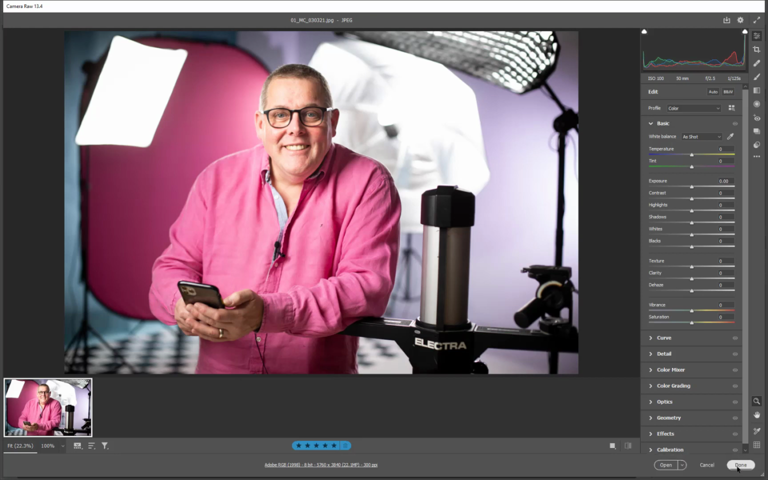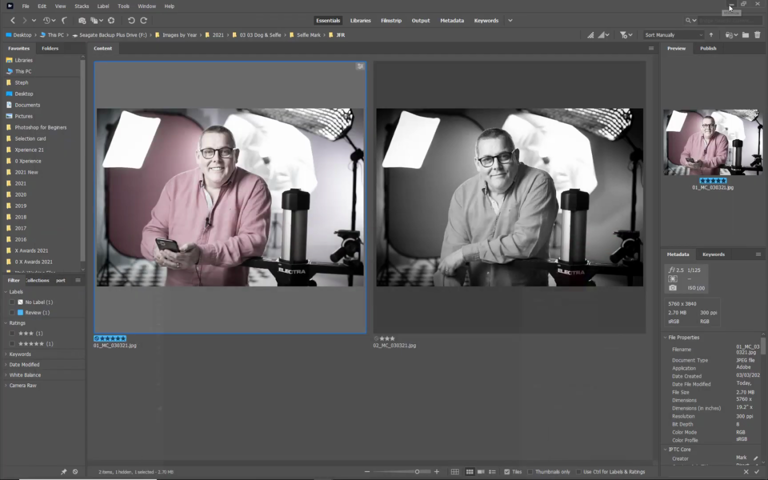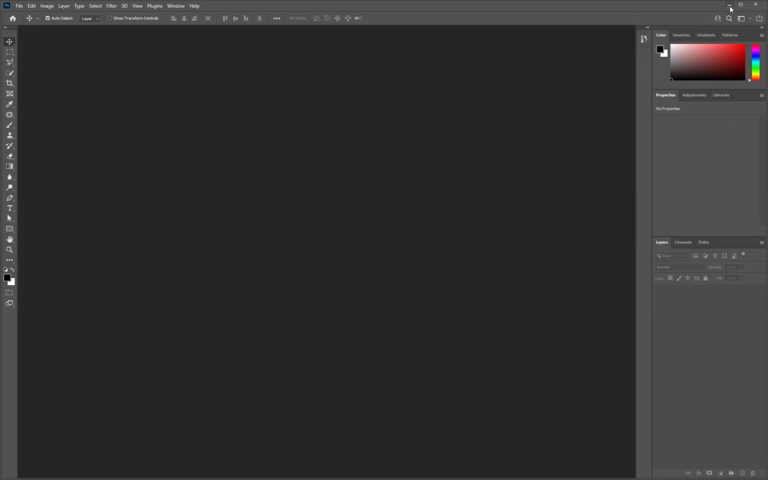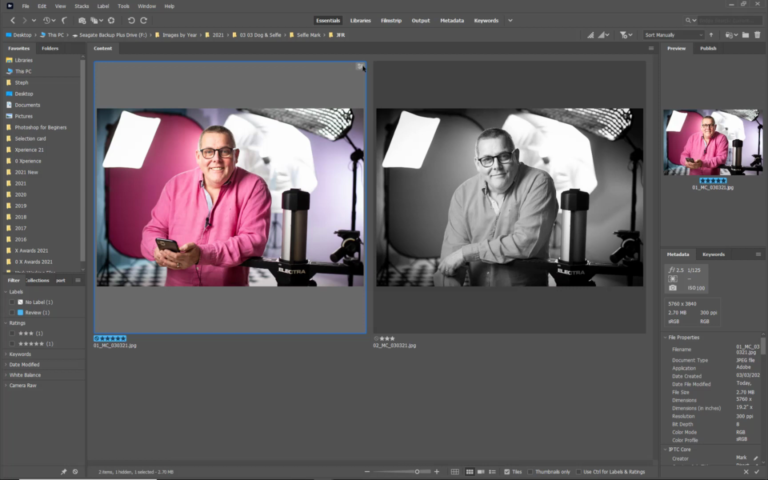So if I just press done now, even though I've reset all the differences here, you can still see the sliders are at the top. So in other words, this will still need to go through ACR if it hasn't had any adjustments done. Because it hasn't had any, basically it opens straight up into Photoshop itself. Control W and it shuts down in a normal way. So even though it's got the sliders up here, it hasn't had any adjustment made, so Photoshop can go straight